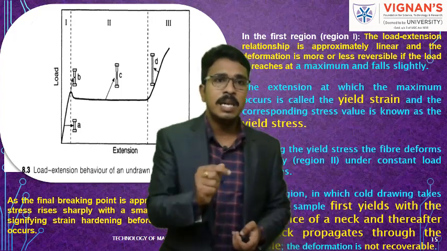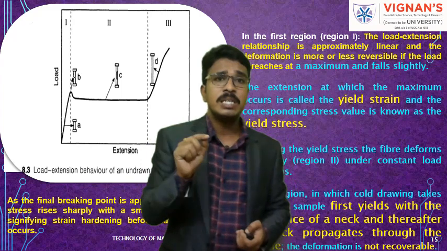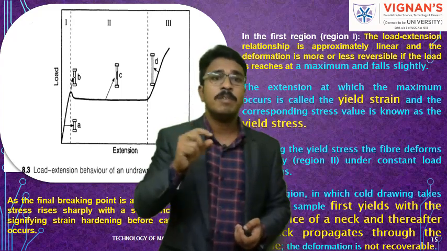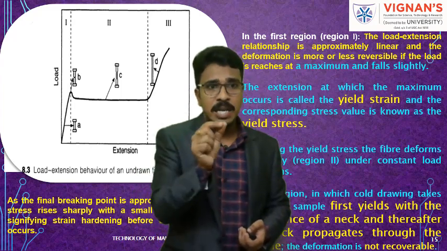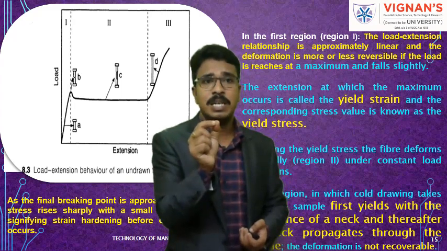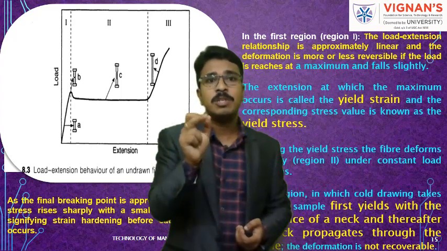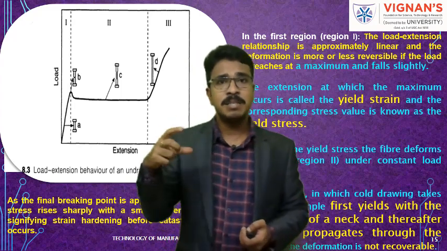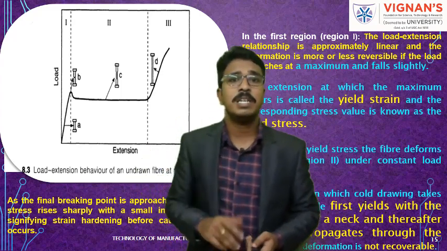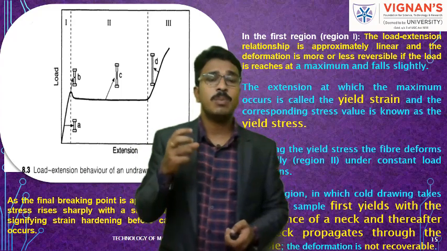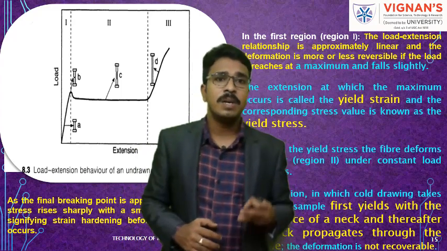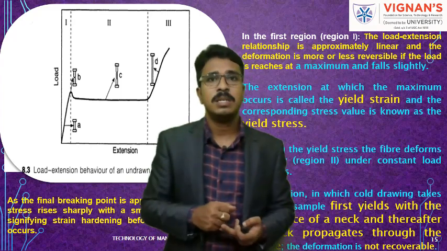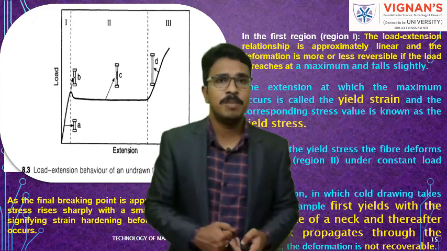Understand? So in this load extension curve, you can see A, B, C, D, where you can observe the deformations. In B, at the center point, you can see the deformation, the black spot. And in C, you can observe that black spot has been extended. When it comes to D, the maximum deformation is there, so finally the filament is going to break. So this is the load extension behavior of a thermoplastic polymer. Understand? So here you are applying some load. Drawing is also a similar kind of phenomenon, is it right?